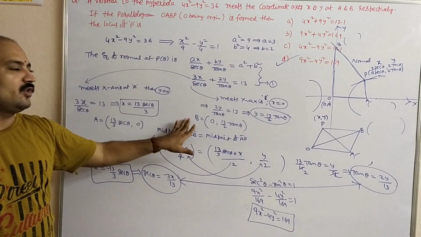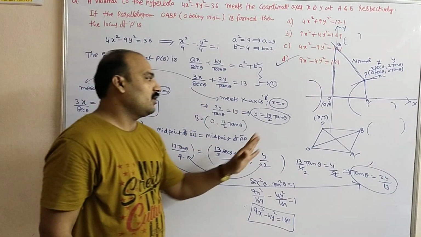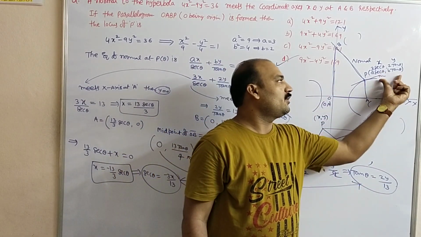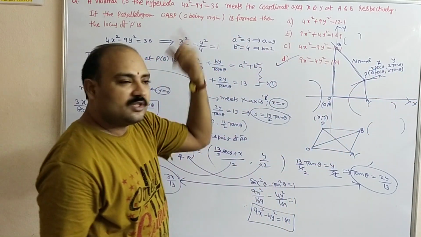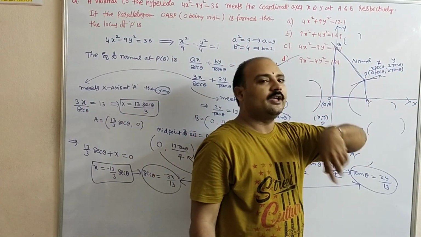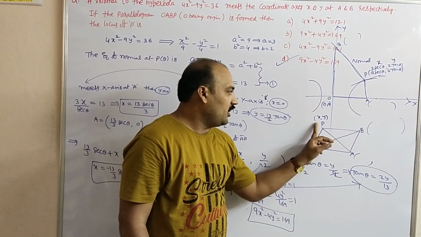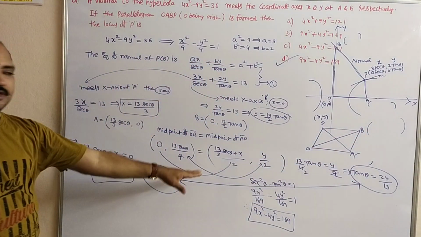So A point and B point we got it. After that, a rough diagram you have to draw like this, OABP. Here first we assume that P of theta means a secant theta, b tan theta, but they are asking to find the locus, no? That is the reason I am taking this point as x comma y to get the easy answer. So P is x comma y, O is origin obviously, a comma b values we got it.